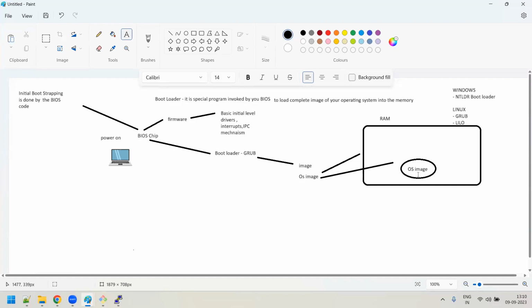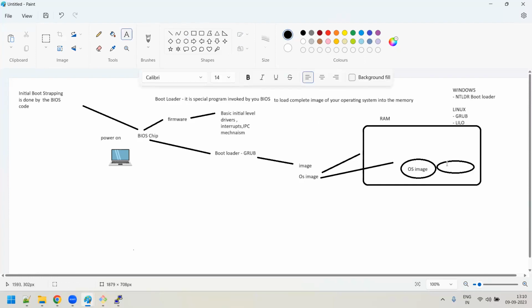Once this compressed image is loaded, this OS image will get uncompressed. Once the image is uncompressed, the whole operating system will be loaded. Your whole kernel will be loaded with it. After the extraction, the whole OS comes into the picture.